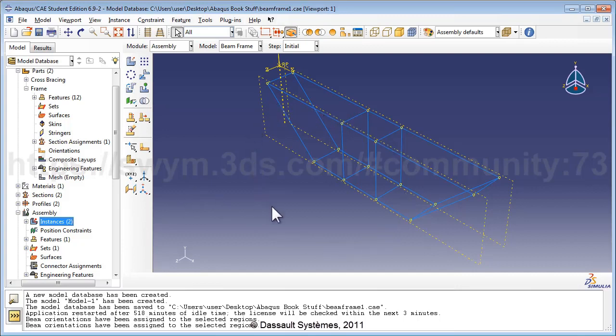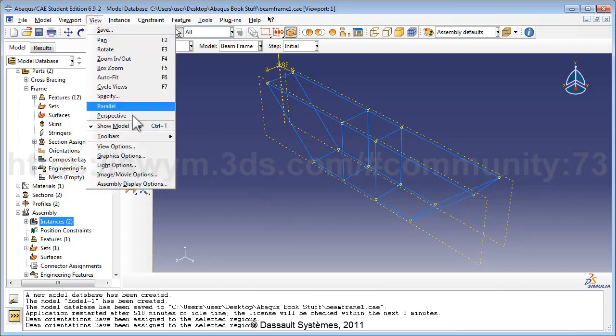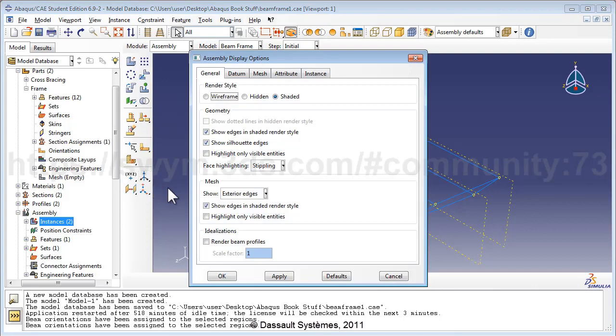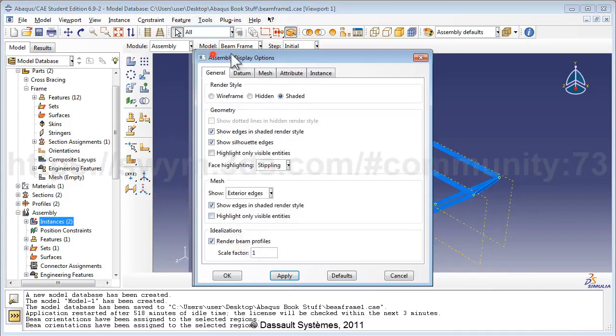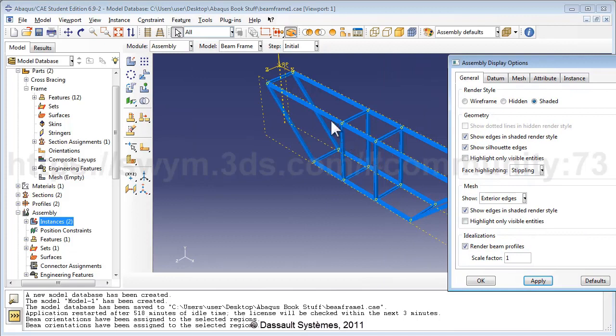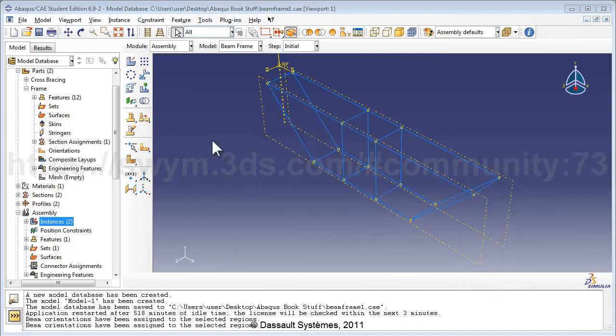Now if you want to render the beam profiles in the assembly module, you once again go to the View menu, and you notice that Part Display Options has been changed to Assembly Display Options, so click on that. Check Render Beam Profiles, and click Apply. We're going to uncheck the option and click Apply again to remove beam profile rendering. Now that we've got the frame and the cross bracing assembled, we need to specify what kind of joints exist